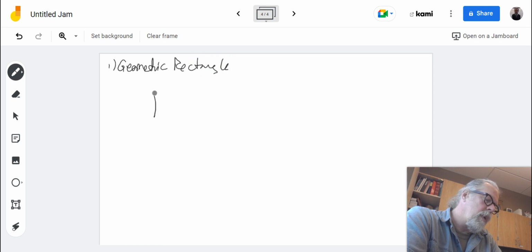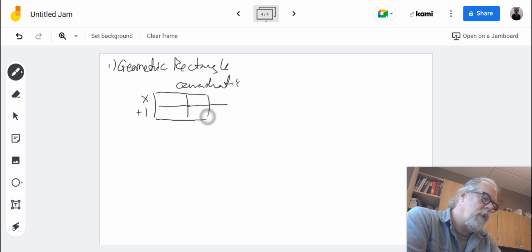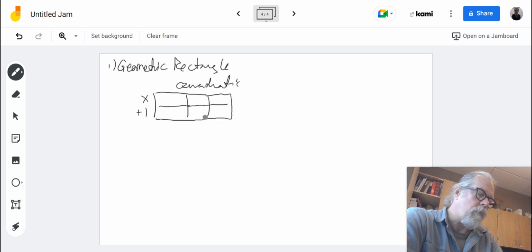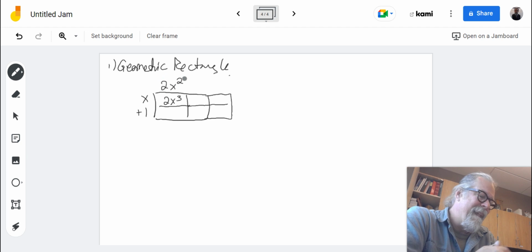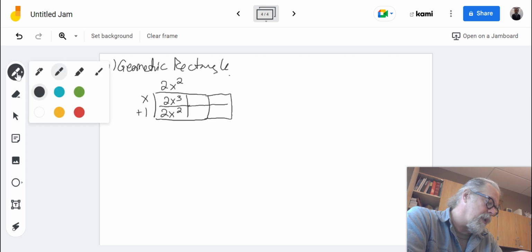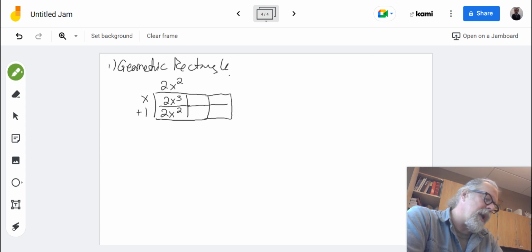We know that x plus 1 times the quadratic is equal to the cubic. We also know that the cubic has a 2x cubed as its highest term, but that means that we know, make myself some room here, that my quadratic must start with 2x squared. Now that means that there's a 2x squared here just based on the properties of a generic rectangle, but I know that my quadratic